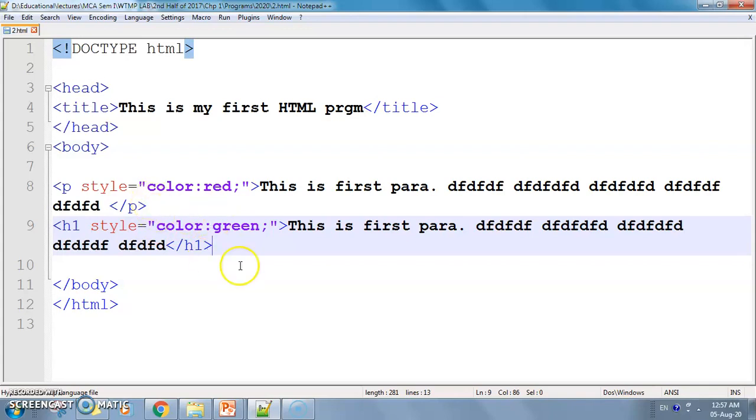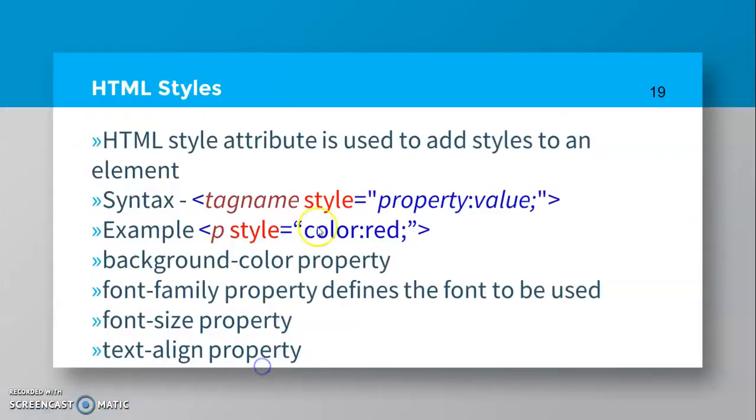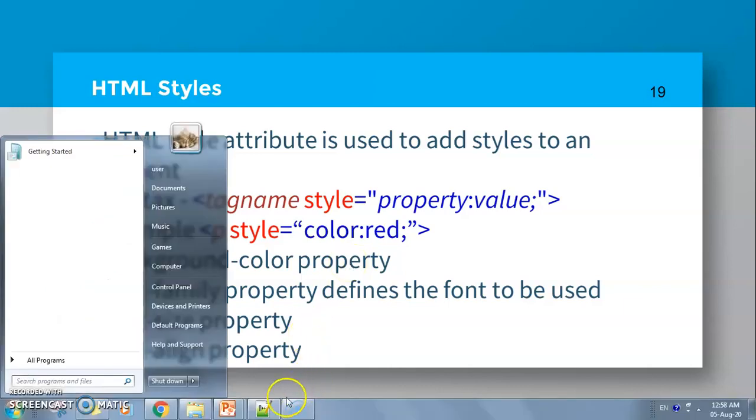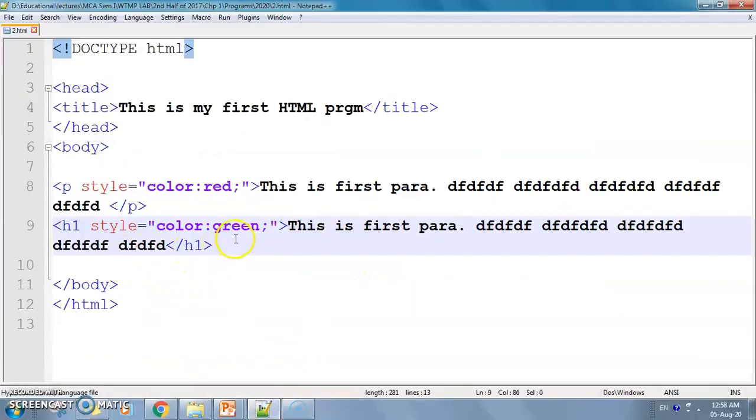Now we will see different properties: background color, then font family, font size and text align. First one is background color. So you need to write the same way for paragraph 1. I am taking background color.